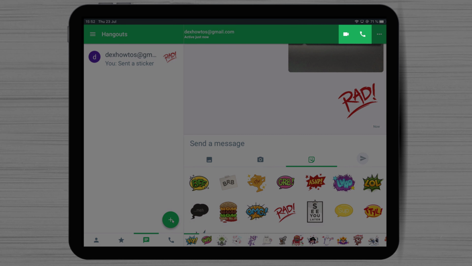On the top of the screen, you will have a call, video and audio button. This will be done via the internet, so you will be able to talk to anybody all over the world.